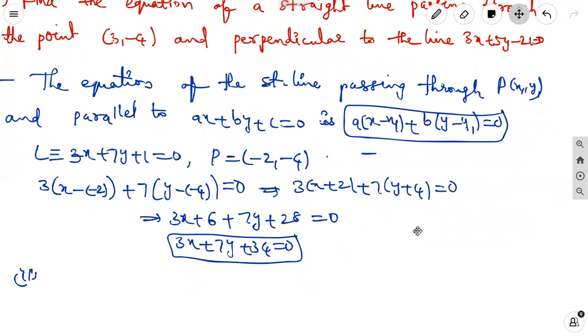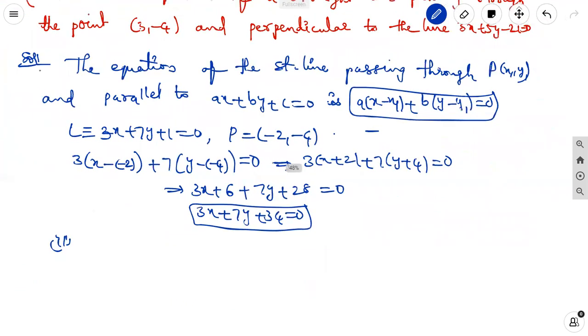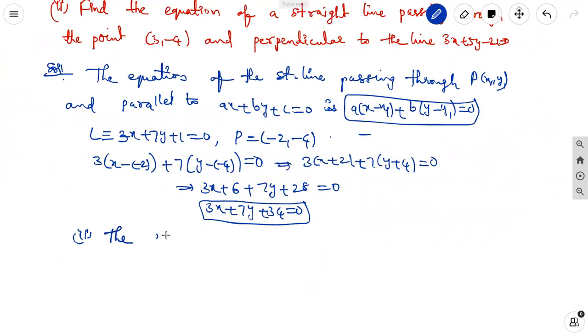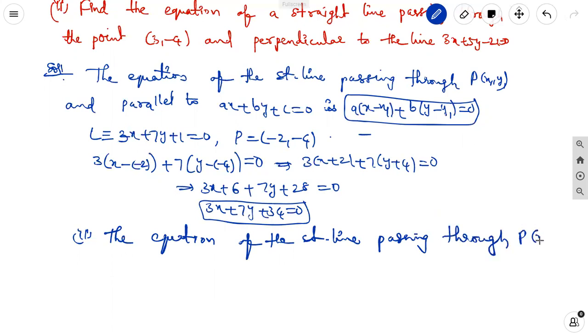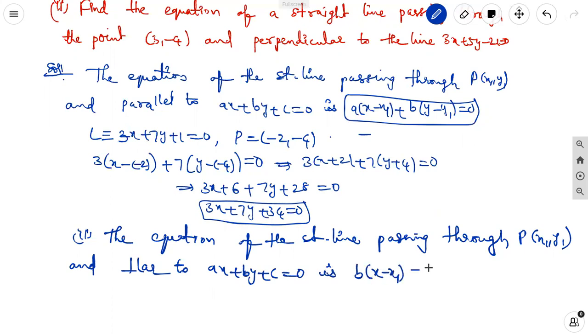The equation of the straight line passing through point P (x1, y1) and perpendicular to ax plus by plus c equal to 0 is b into x minus x1 minus a into y minus y1 equal to 0. The given equation is